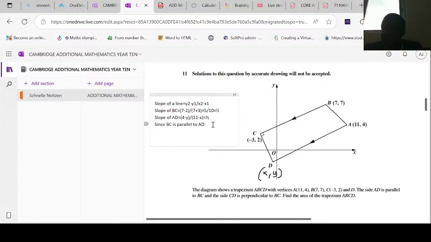You know there's a distance formula for 2 coordinates. So I will show you in GeoGebra and then we'll show how to calculate. So since BC is parallel to AD, let's get the equation of that line. So if we rearrange 4 minus y,